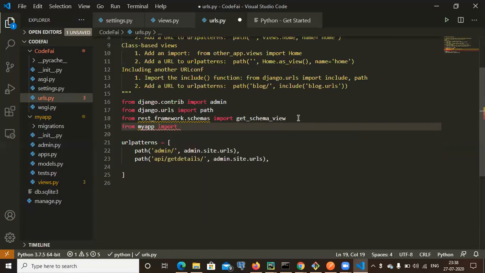From my app.views, the views file inside this application, I'm calling the views.py file. Inside this views, I need to import the class we have created. So I have created GetDetails, so I want to use GetDetails over here dot as_view.